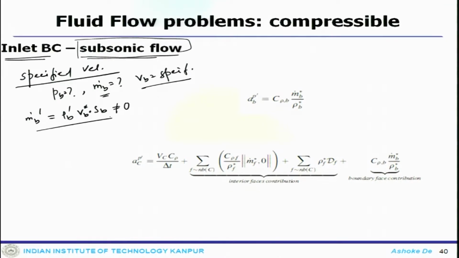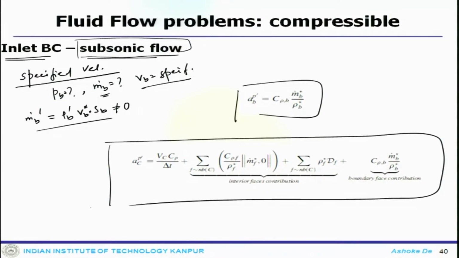0. So, at the inlet boundary the coefficient is multiplied with the Pb prime and it could be written as AB Pb prime Cpb by like this. Now, for the implementation of the pressure correction, Pb prime is expressed in terms of some interior nodes and the coefficients like this. So, ACP prime would be BC C rho by delta T by CPF by rho F star m dot. So, these are coming from the interior phases, this is some boundary phase contribution. So, this gets modified for the pressure.